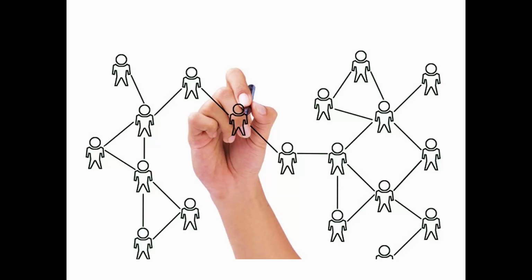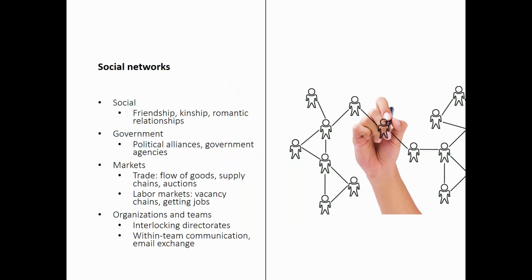They looked at relationships between workers in companies. They looked at friendship relationships in high schools. There's still a lot of work being done on these kinds of things, right? So we find it in many different aspects. It doesn't have to be just friendship. That's one of those things where people focused on, but actually it can be all sorts of relationships.